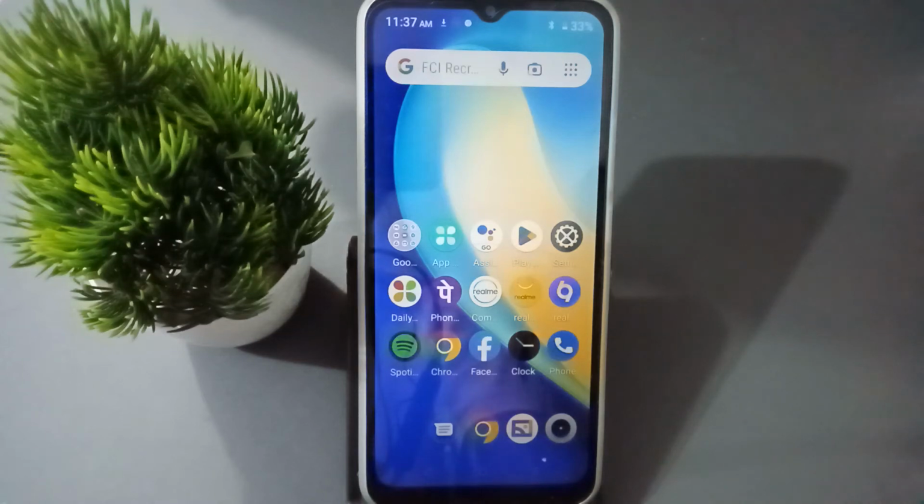Hello friends, today on this video I'm going to show you how to use talkback on a Realme mobile